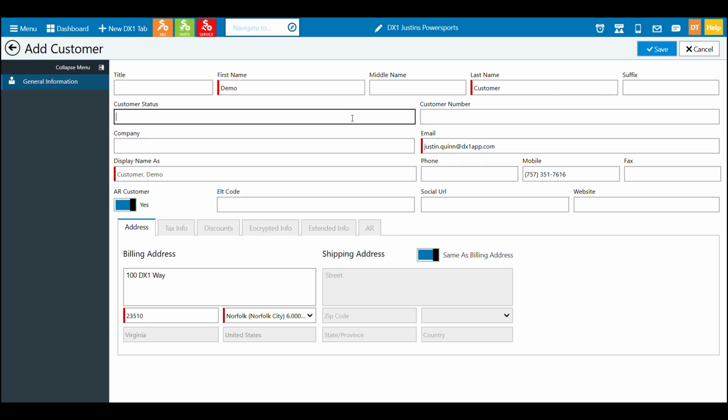And then what that does is when the customer is added to an invoice, there's a little information bubble next to their name. And when your user highlights over that, they can see the note that's added there. So it's kind of hidden, but they can highlight it to see what the note is. So it's an attention getter.